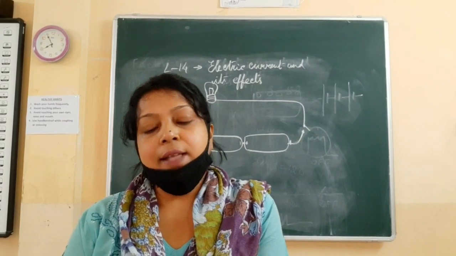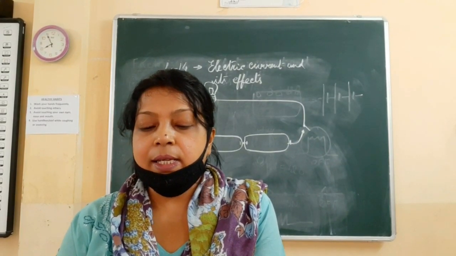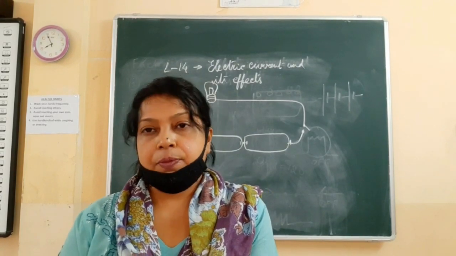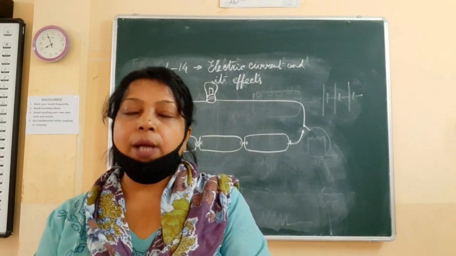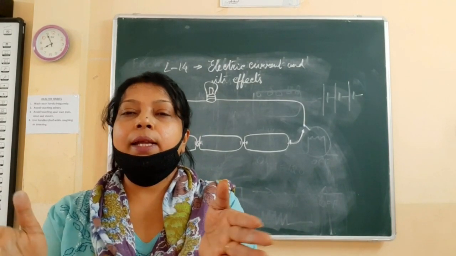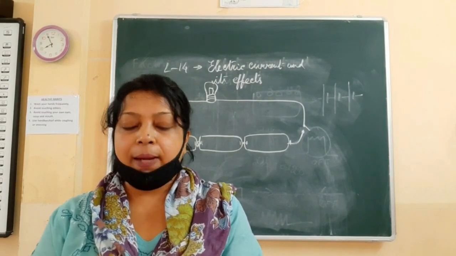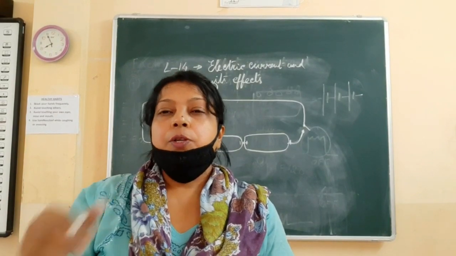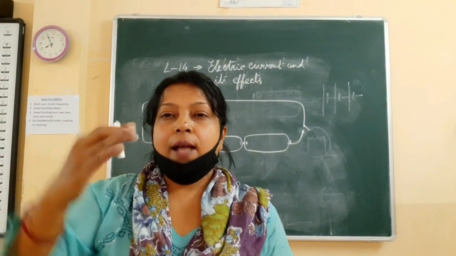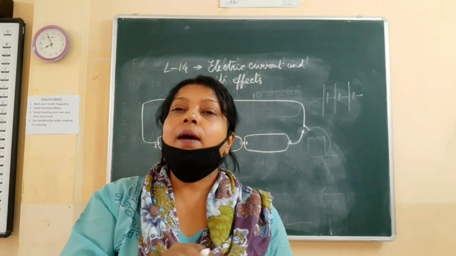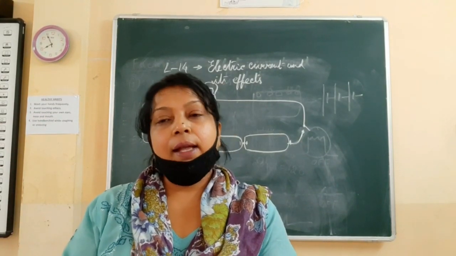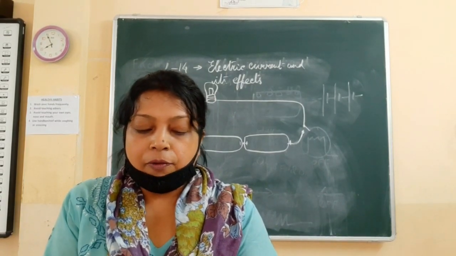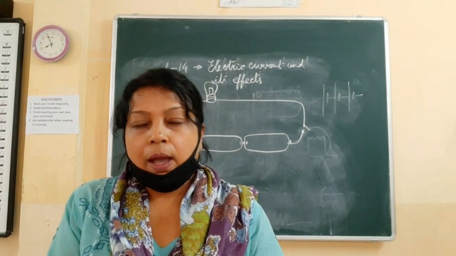In this case the positive terminal of one cell is connected to the negative terminal of the other cell by a metal strip. So in a TV remote control we see they are not connected one after another, but they are placed sideways. The positive terminal is connected to the negative terminal of another cell with the help of a metal strip. I think you all have seen this.